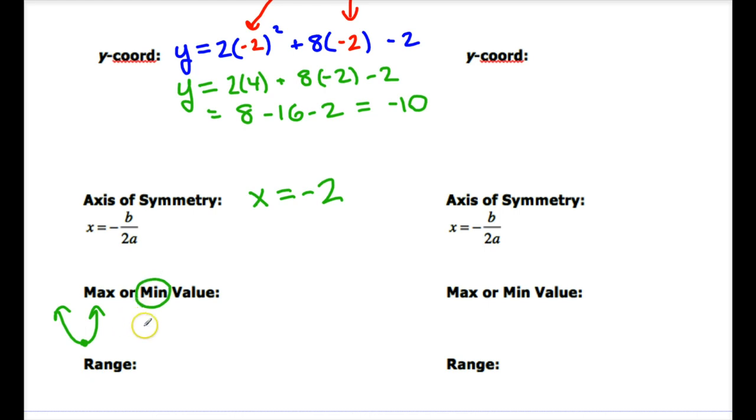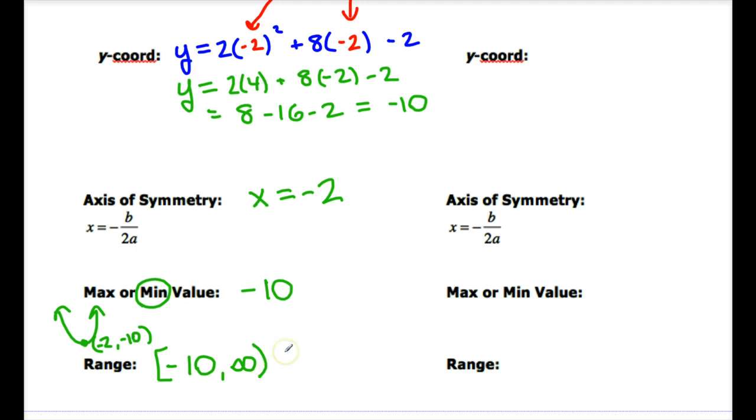The minimum value of your parabola just refers to the y value of the vertex. Well, we already found the y value of the vertex. It is negative 10, so we know this parabola has a minimum of negative 10. Okay, vertex down here is at negative 2, negative 10, so we're taking the y value for the minimum. And so that means the range of this parabola is going to be all numbers from negative 10 to positive infinity. The minimum y value is negative 10, and then it keeps going upwards forever, so that would be the